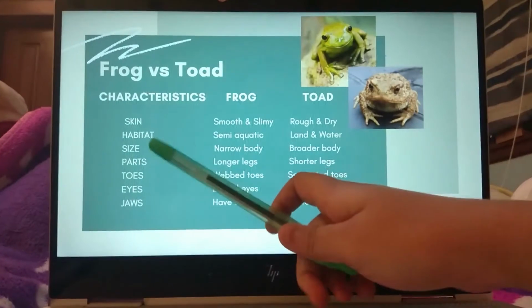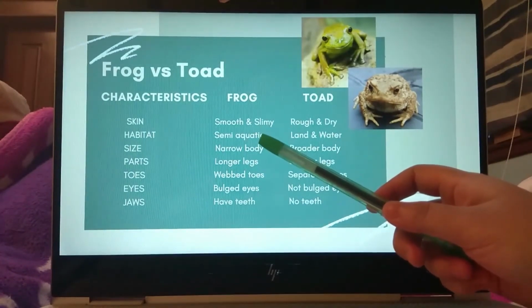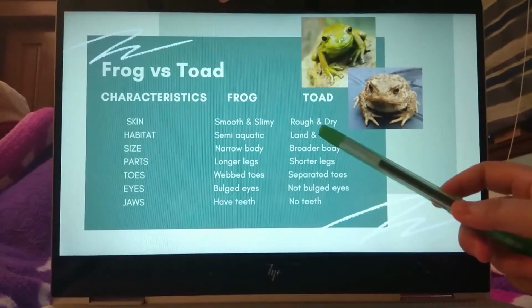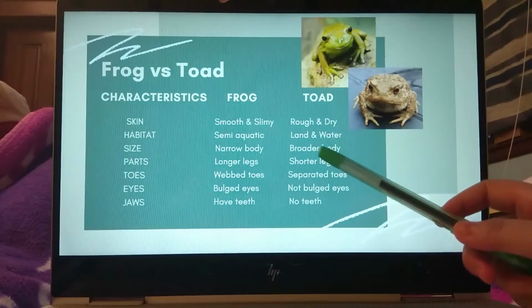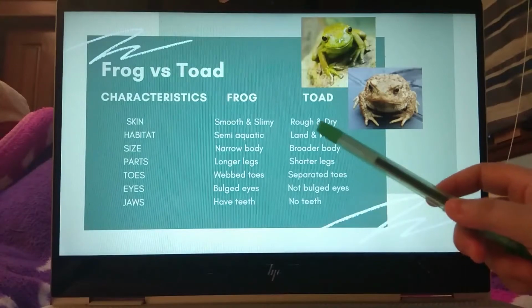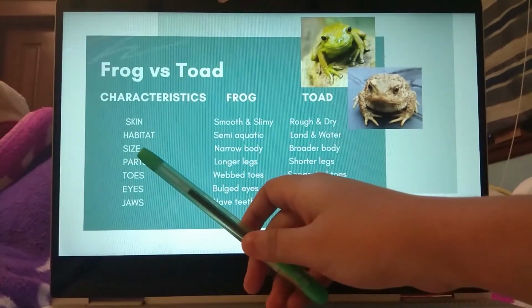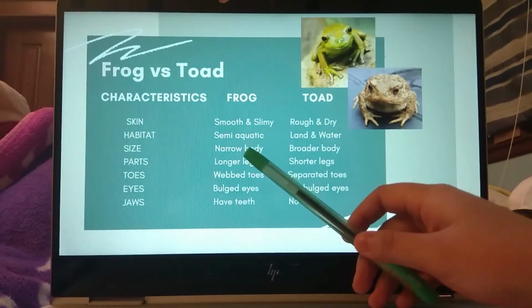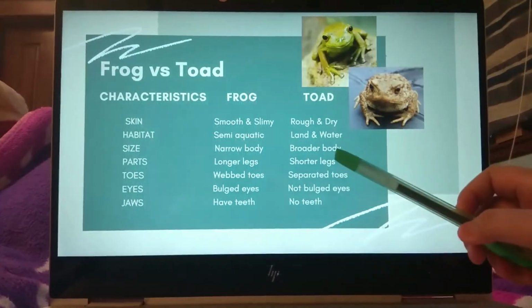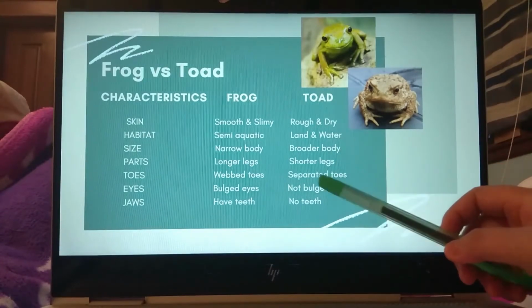While frogs' habitats are semi-aquatic, meaning they need to live near water, toads can adapt to stay without water compared to frogs, and they only come to water during breeding season. That's why they can stay both in land and water. In terms of the size of a frog and a toad, their bodies, frogs have a narrow body and a narrow waist,